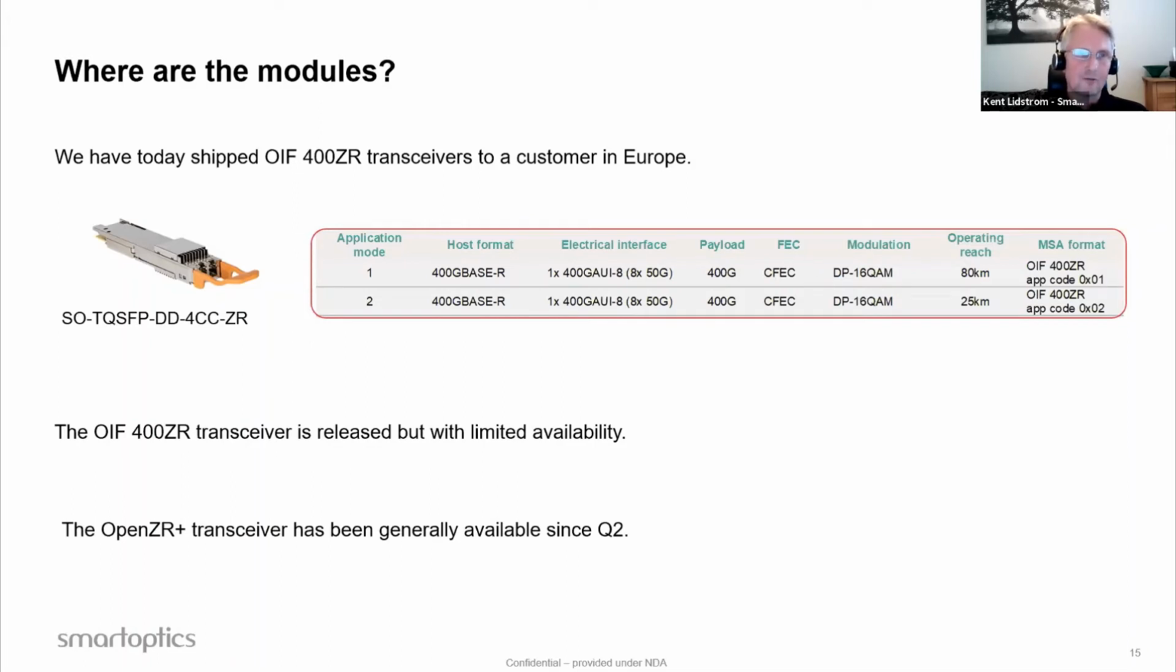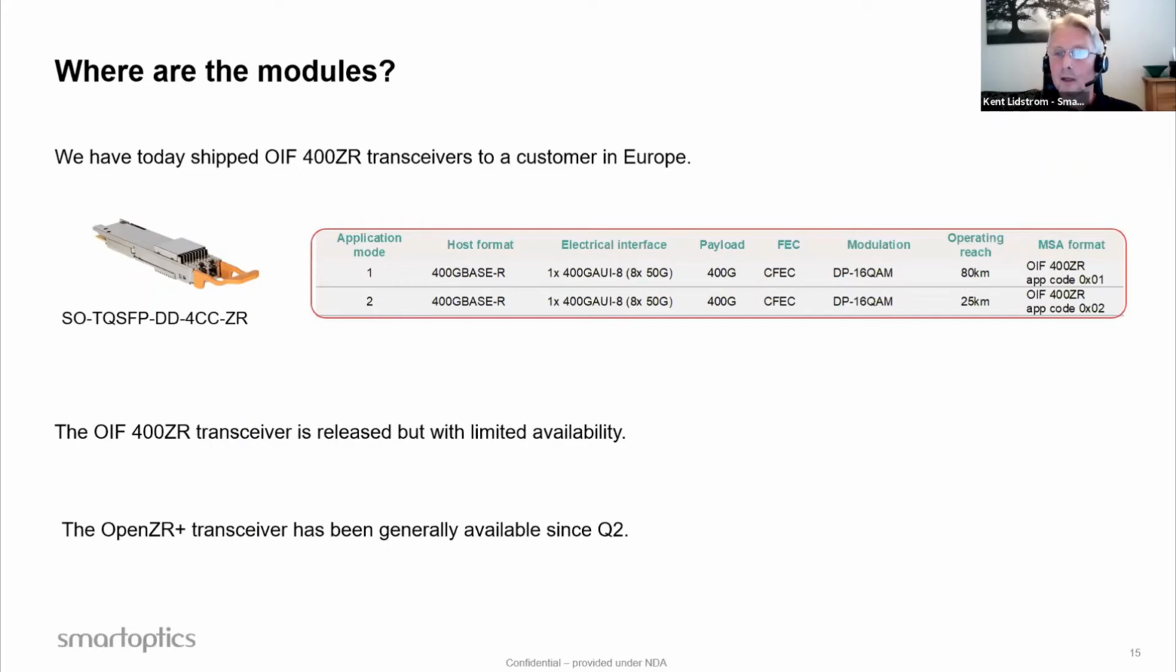The OIF-based transceivers only support 2 different application modes, application mode 1 and 2. The only thing that is different between those, as you can see on the specification here, is the optical reach. The first one has an optical reach of 80 kilometers, which means it is supposed to be used over amplified systems. And application mode 2 has a 25 kilometer optical reach,